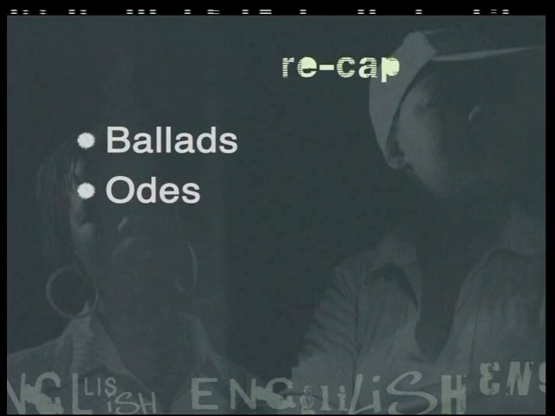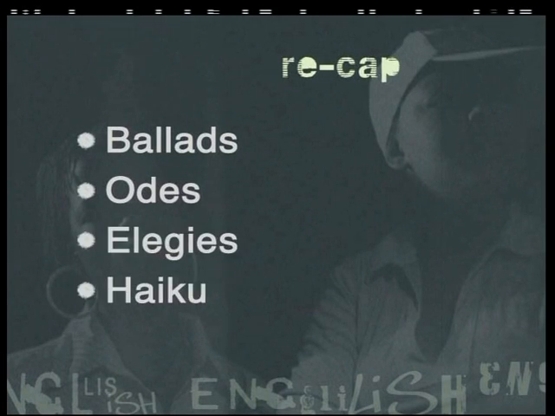The restrictions placed on a poet by the form of a haiku do not limit the poet, but help him to focus his ideas in a neat and effective description. We have looked at 4 different types of poems today, and it is essential that you try and identify poems that comply with the features of these forms of poems. Now let's recap the forms that we have learned today. The ballad, ode, elegy, and haiku.